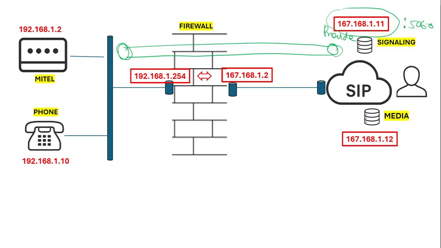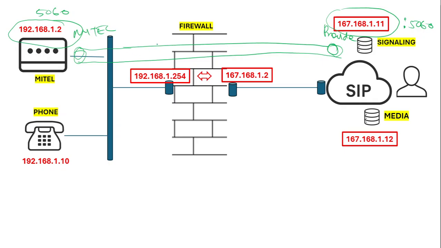And on this side, let's extend this to here. On this side is our Mitel controller, which has this IP address and also port 5060. So for this trunk to come up, to be active, or to register,